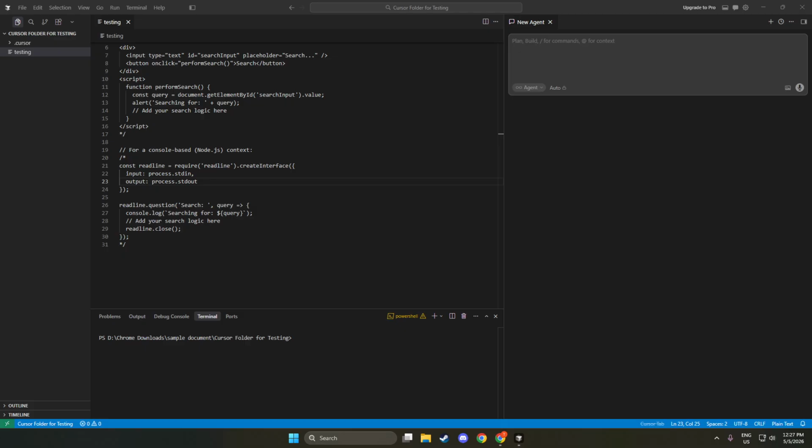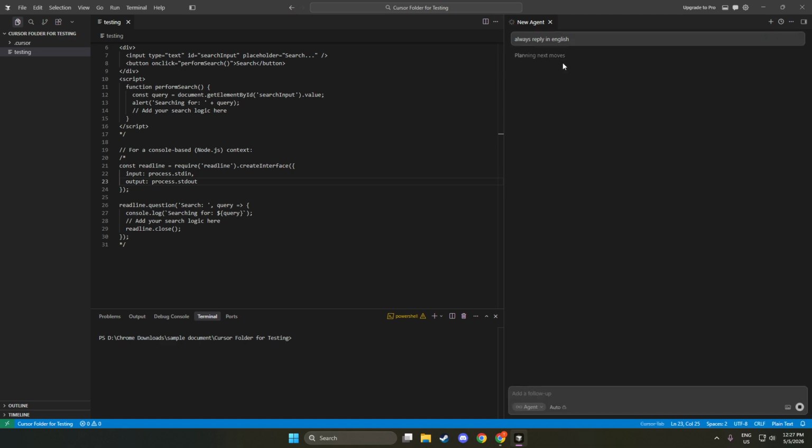To switch the AI to English for your current conversation, type "Always reply in English." Send that as a normal message, just like any other prompt. From that moment on, the assistant will answer in English for this conversation. If you want it to use another language, give the same kind of instruction, such as answer in Filipino. The change is instant, and you can proceed with your actual question immediately after that line.